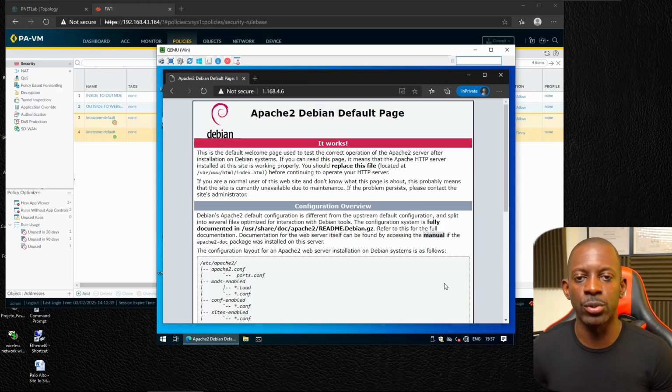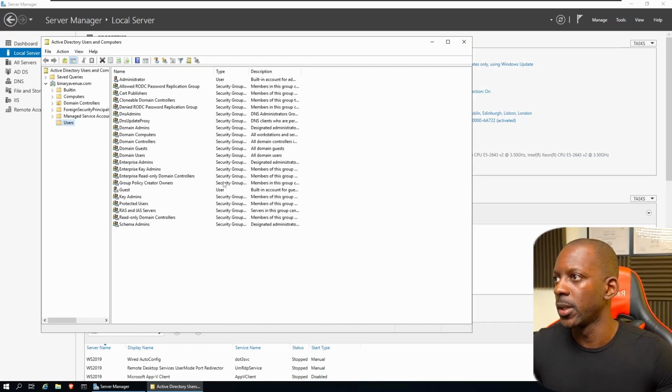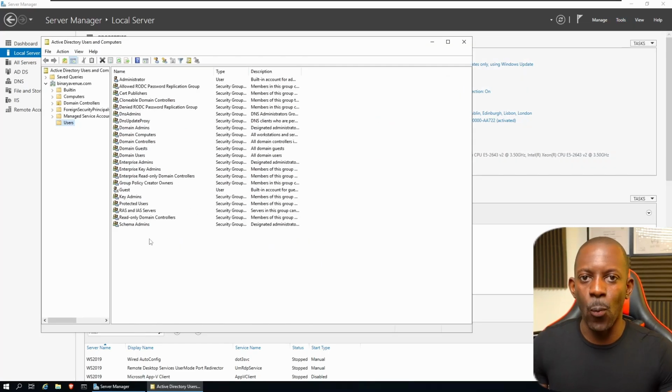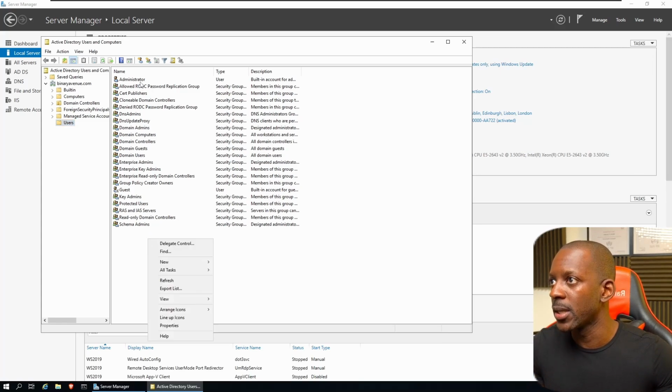So let's jump onto the Windows server and start creating some accounts to play with it. Okay, now let's go to Tools, Active Directory, Users and Computers. And so first we're going to create one account that is considered to be a service account. Essentially, this is an account that will be used by the firewall to query for system events on the Active Directory. So we're going to name this pan admin, and because this account must have certain privilege in order to query which user is authenticated on the Active Directory,